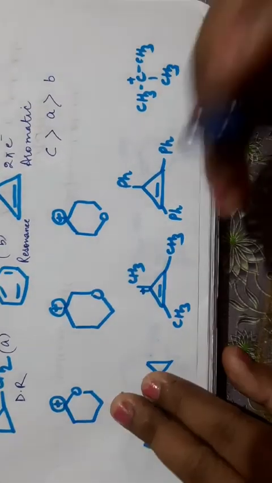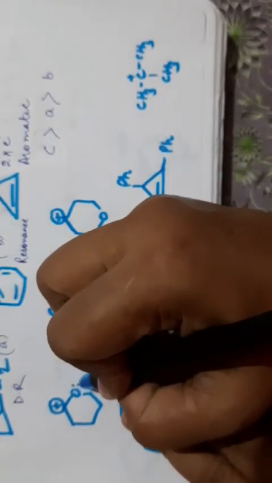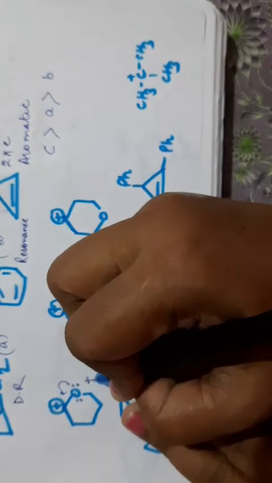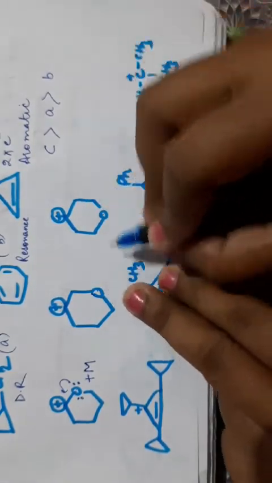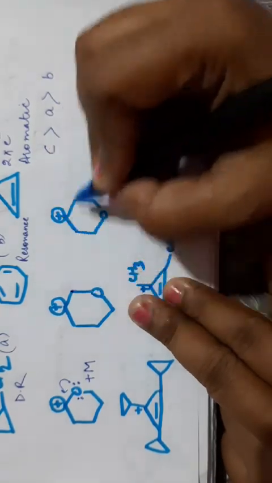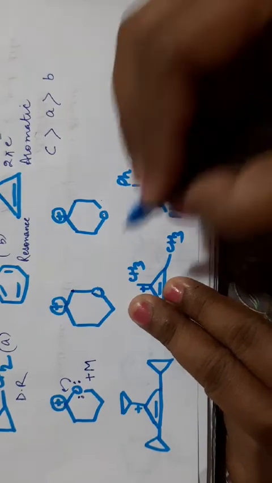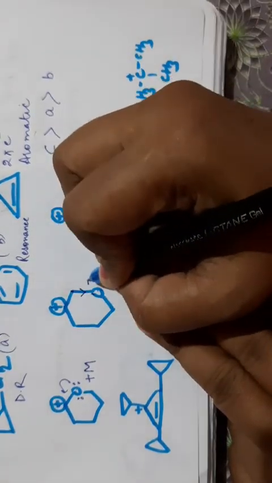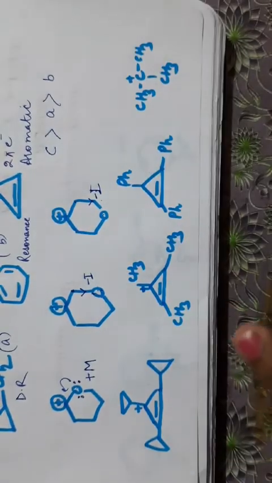Coming to the next one, here oxygen is present. Now see, its lone pair is there. This will shift here, so it will show resonance effect or mesomeric effect. Clear? But there is no mesomeric effect in these two structures because there is an sp3 hybridized carbon between this positive charge and oxygen. So what will they show? They will show minus I effect. Both of them will show minus I effect.